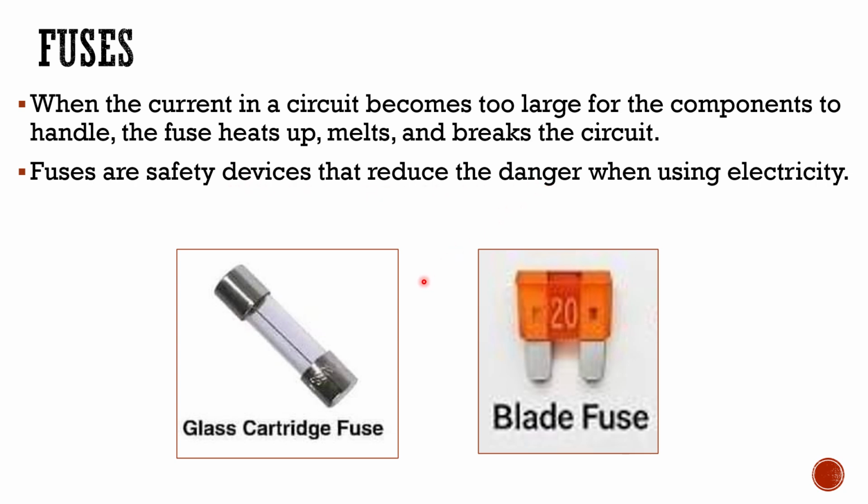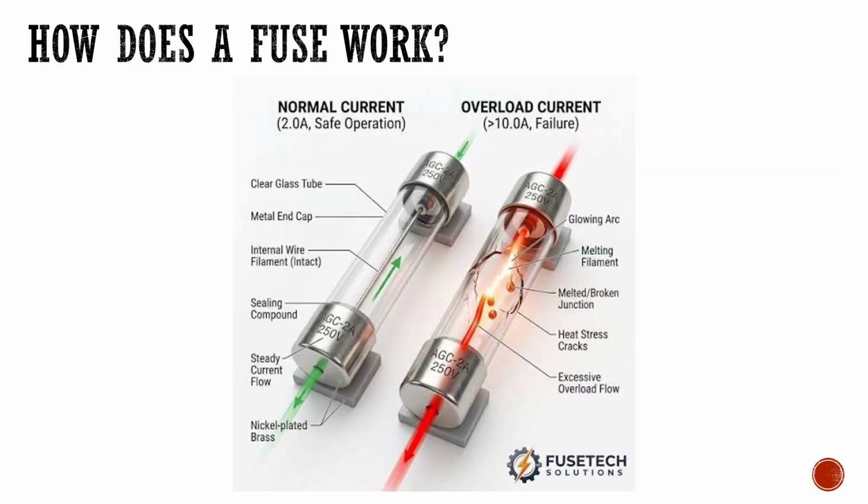We get different kinds of fuses. In the first picture, we have a very simple glass cartridge fuse. So the thin wire within this fuse can heat up, and when it melts off, it breaks the circuit, and then the other components cannot be damaged. And then you can also get a blade fuse like this orange fuse here in the second picture, and that you will see in our motor cars. It's very generally used in motor cars.